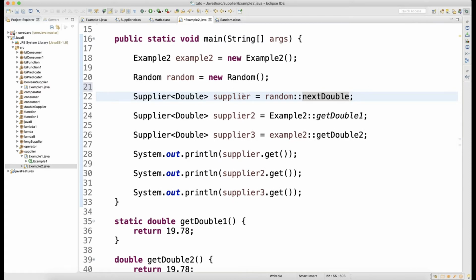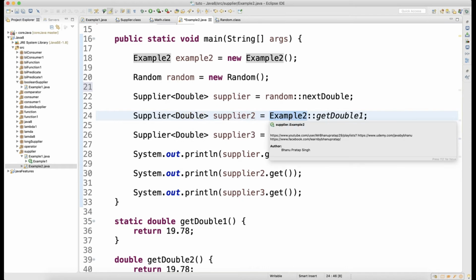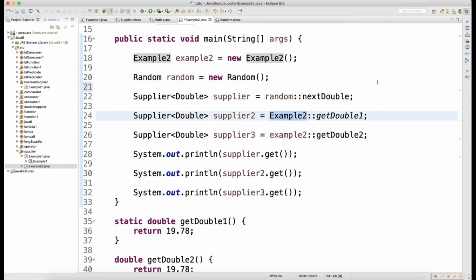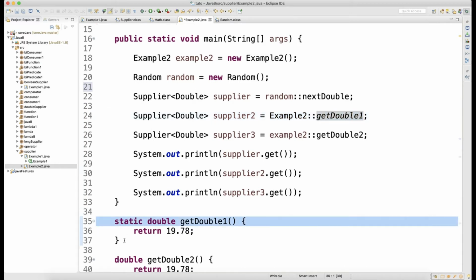Clear? Now if you look at the second supplier, which will also return double, here I am calling through the class name. I am not calling through the object name. Why so? getDouble1. I am not calling through the object name because this guy is static.